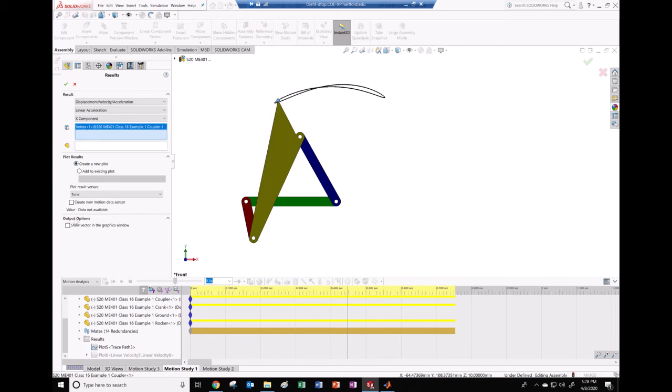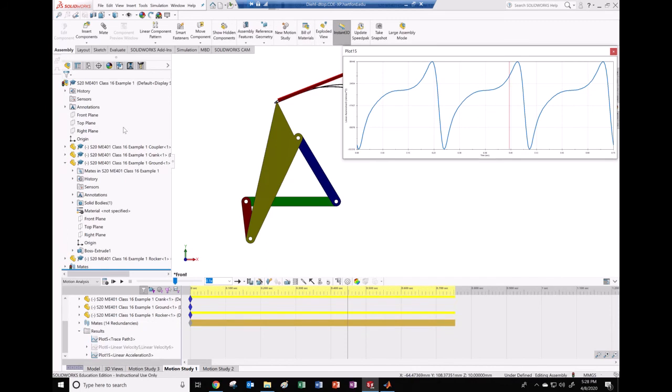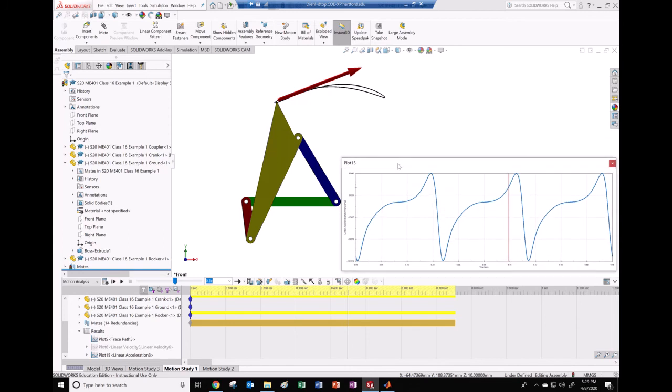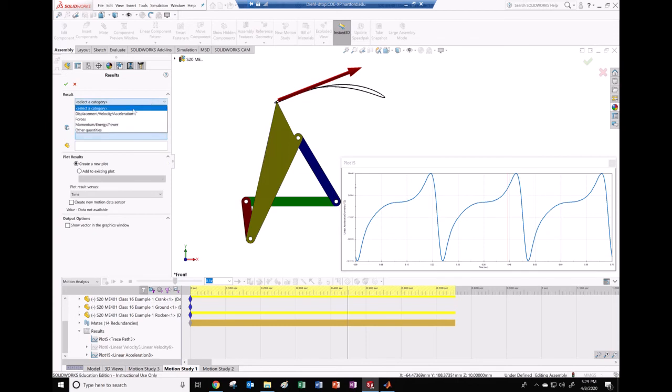Oh, by the way, you can show the vector in the window. All right, so that's kind of a nice thing to do, is to show that's going to be the magnitude of the x in that window, and you can see the graph of this acceleration. We'll take a look at the graph from the other method, and then we could do the same thing again for right here. We'll do the y direction, take the acceleration, linear acceleration, and the y component, and